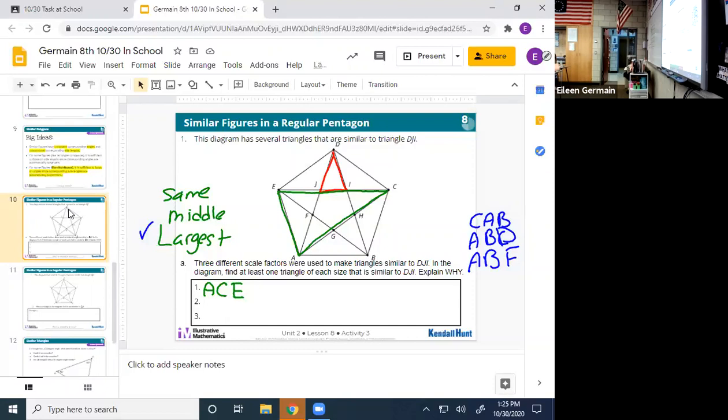I want you to push yourself and see if you can find some that are bigger. Because there's one here that's bigger that I showed you, and then there's another one that's in between, inside. You got this, kiddo. Oh, yes, perfect. We found the middle guy. Throw some more in the chat. EJD.